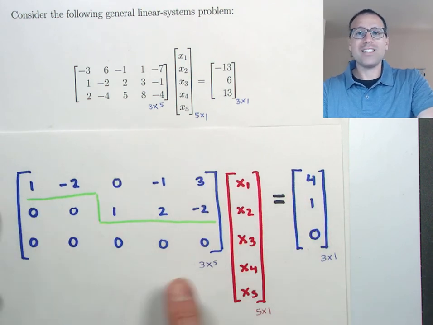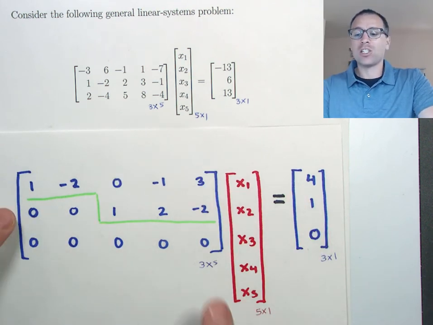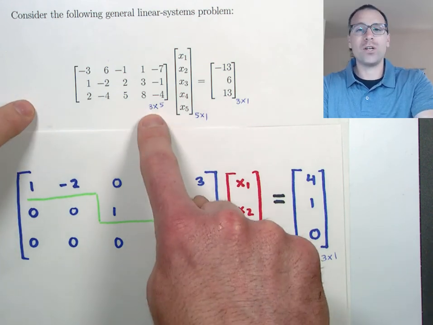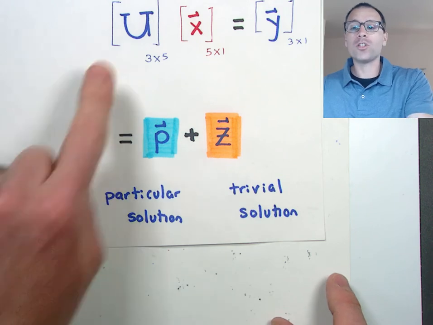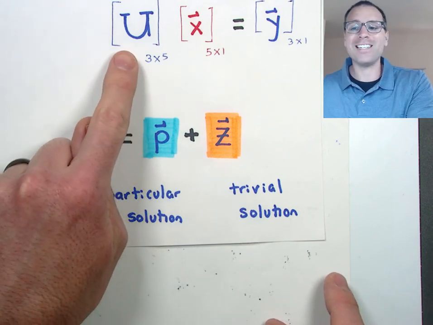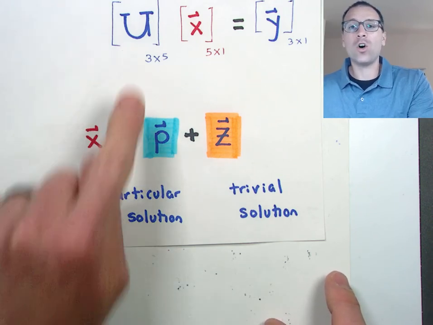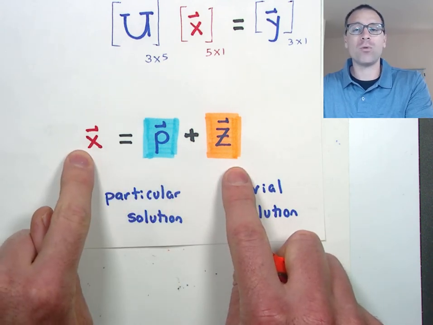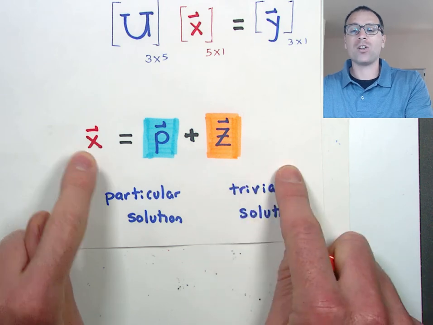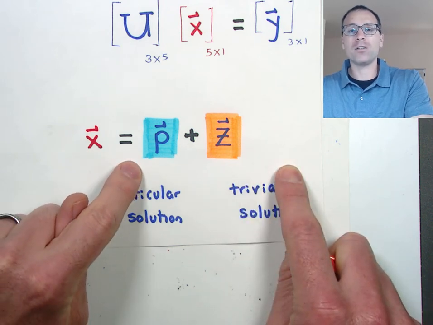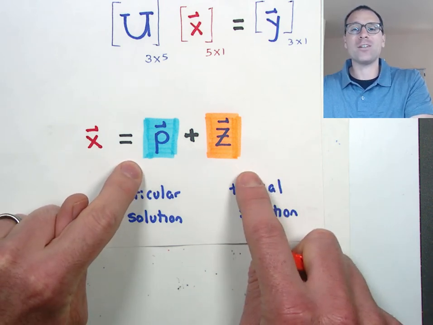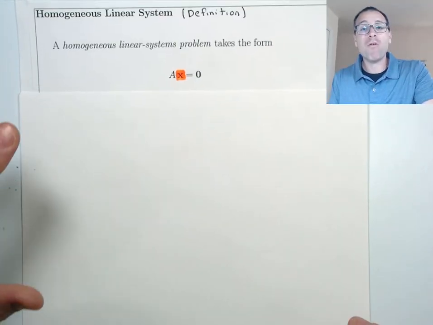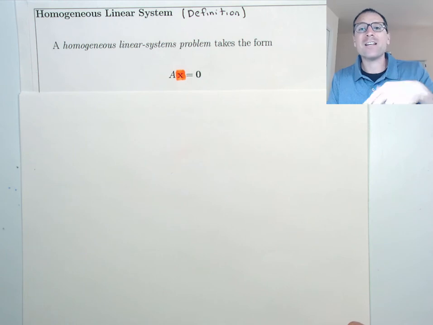This equivalent system, what we saw is solutions to that system actually solved the original system. When we were looking for solutions to the equivalent simplified system, we did so by trying to fulfill the template. Every solution to a general linear systems problem is going to look like the sum of a particular solution plus a zero solution. Before we talk about the strategy we're going to develop formally in this video, let us also